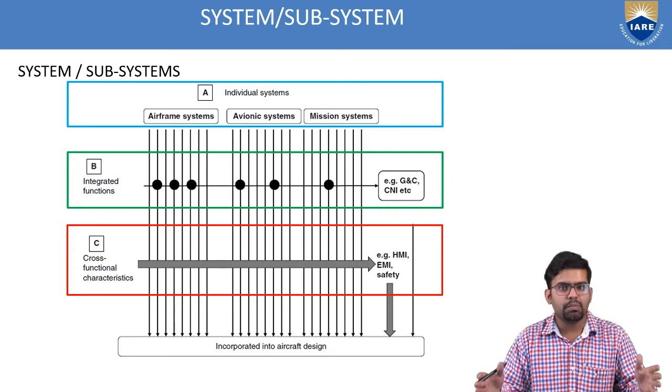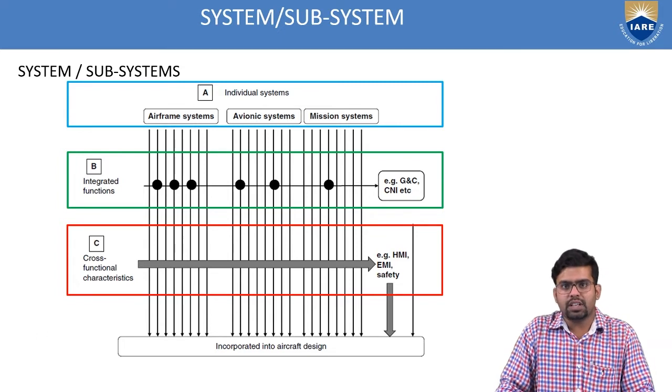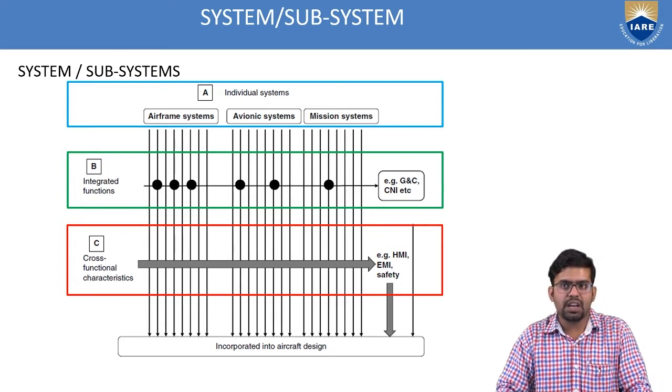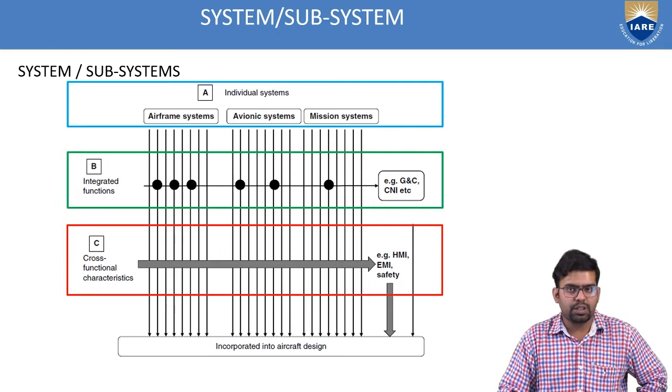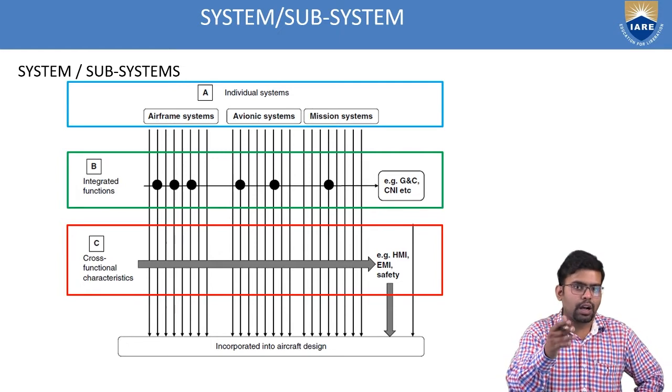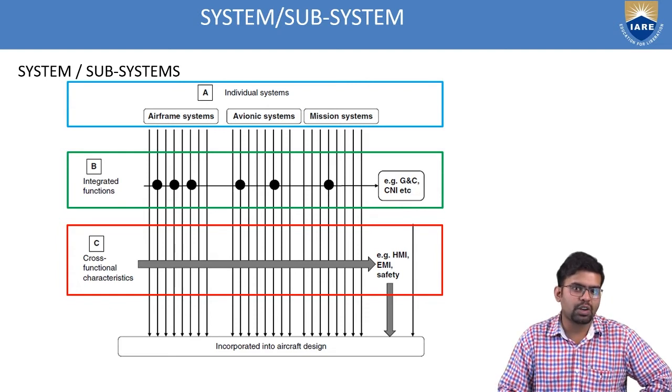So level 1, major subsystems. Those are nothing but individual systems. For example, you have airframe systems, avionic systems, and mission systems. Each airframe system, for example, a good example is a documentary on the manufacturing of the Airbus